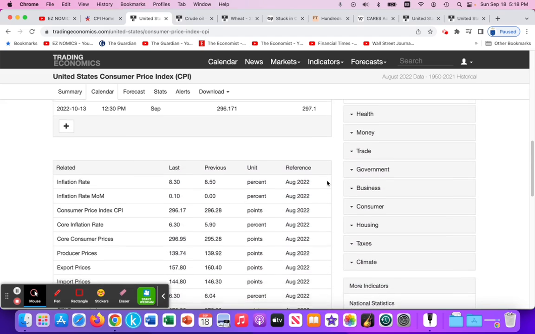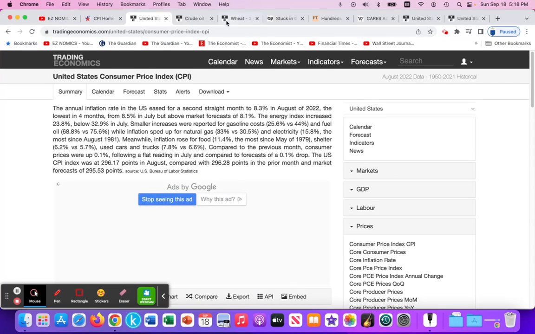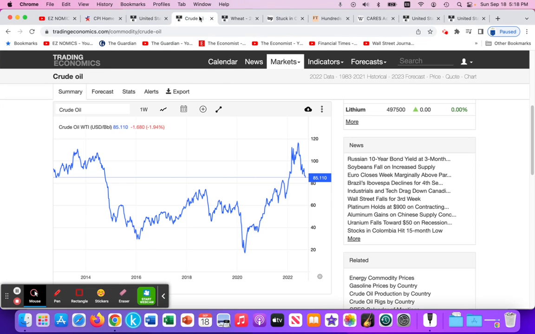Below here, we have a little bit more information, highlighting that in August 2022, inflation's clocking in at about 8.3%, extremely high. The consumer price index, remember we're comparing it to the base year. Base year is usually a value of 100, going up to 296 compared to that base year. In addition, so what's contributing?